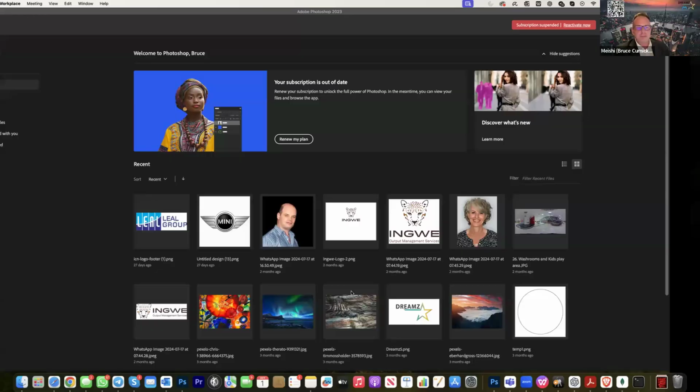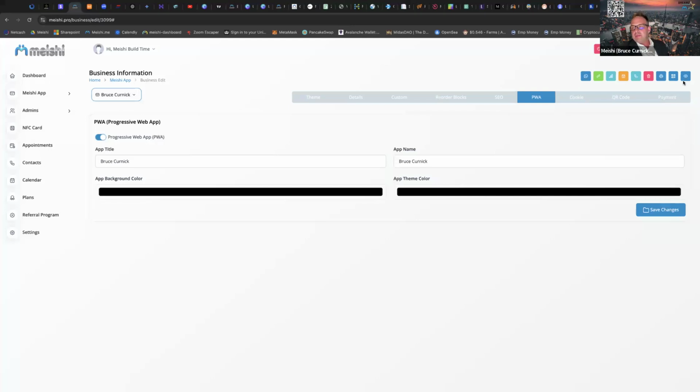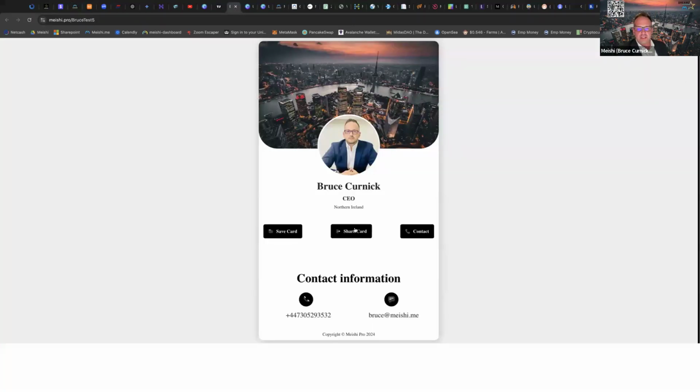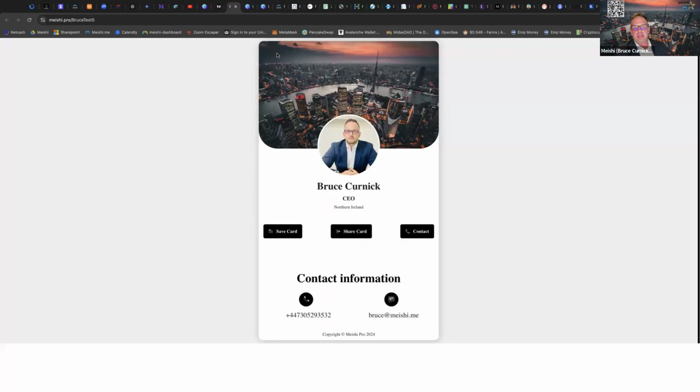Sorry, Bruce, in that basic card that you did, is the QR code already there? Yes, everything is there. Let me show you. It's a full app that I've built already. If I open it again like this, if I click share, there's my QR code and all the share buttons. Yeah, so everything is there. I just haven't put in the services and products and all those fancy features that can be added in at another time. A lot of people are asking me this because